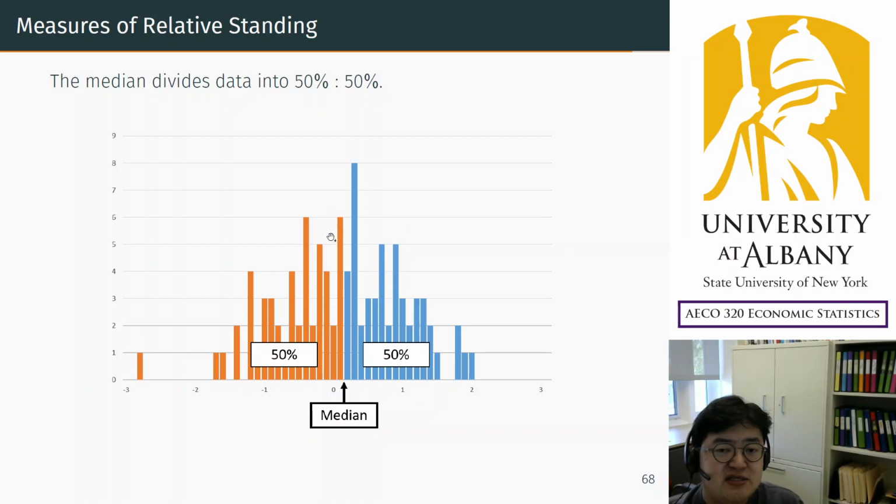So the idea is simple, using the median. So this is simulated data. Median is a number that divides the sample into half and half. So median captures the center, right? Then suppose that I'm not interested in the center, but I'm interested in, say, the top or the bottom, depending on your research question. So for example, I like to study poverty.